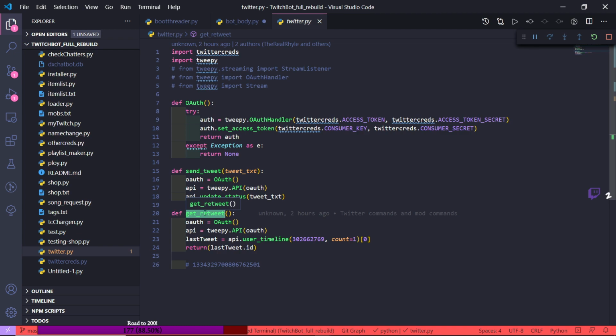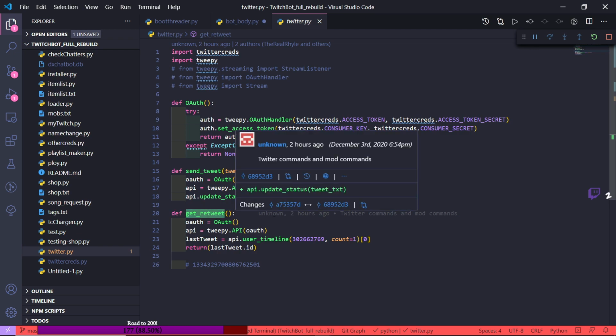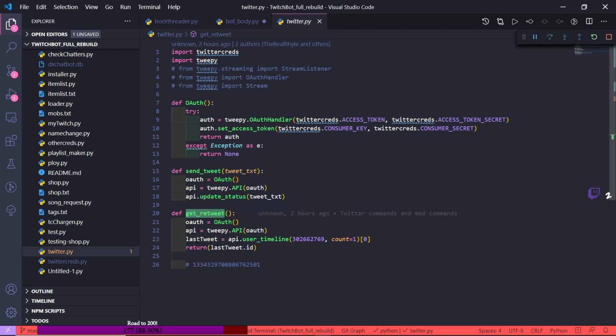It should actually be called get last tweet, but whatever. It pulls all of the information about the last tweet, and then it returns just the ID from that whole chunk of code,